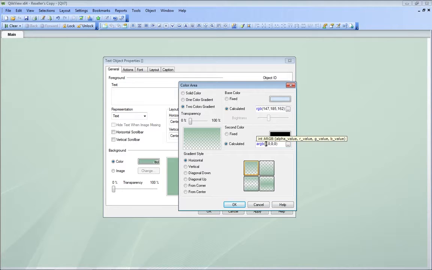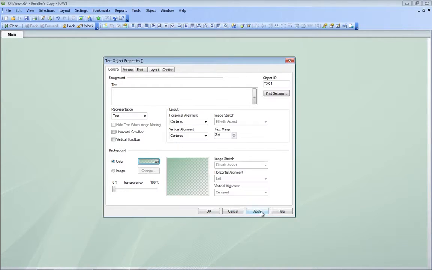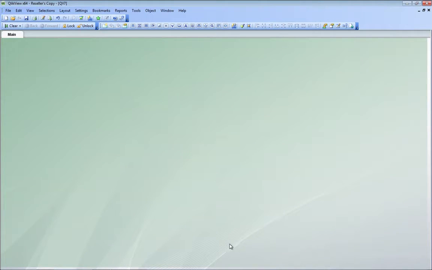0 means that it is completely transparent, and 255 means that it is not transparent at all. So we're going to keep it at 0 because we want it to fade completely out. We also want it to fade from left corner to bottom right corner, so we're going to use a diagonal up right here, and we're going to pick the one that has the dark color here and the transparency there. So once we've done that, we select that, and we have this nice fading background here, which looks good, but